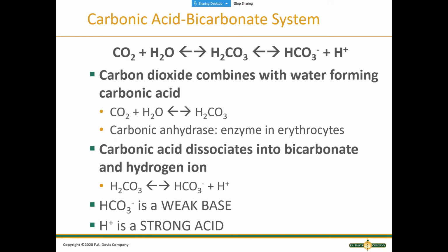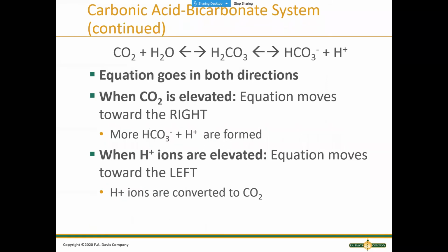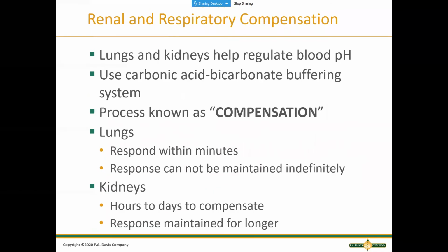Carbonic. I would say you could spend the rest of your career trying to understand this one slide, unless you have a degree in chemistry. Does anybody have a degree in chemistry? If you're like a biochem major, then this probably makes perfect sense to you. Most nurses have no idea what this is really talking about. It is important to know, though,